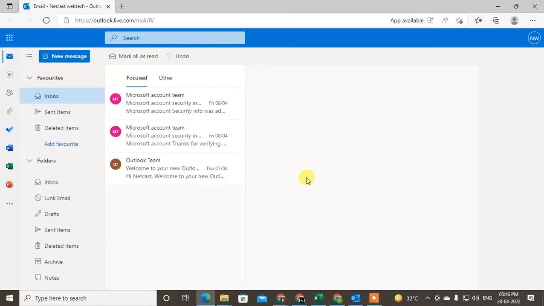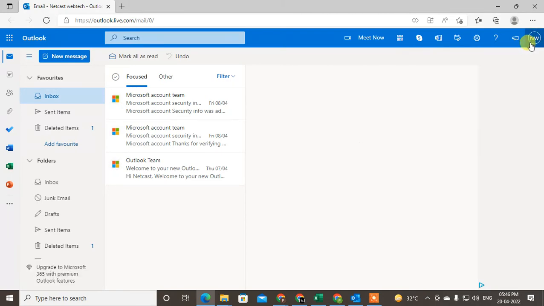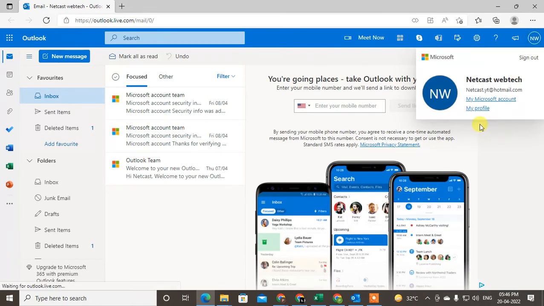Okay, it's open now. Now this is the web version. Go to your profile photo, click on your profile photo here at your right side. Okay, so let me click. It is loading. My internet is slow, I think. Yeah, now go to My Microsoft account,